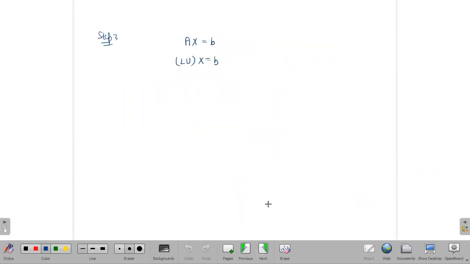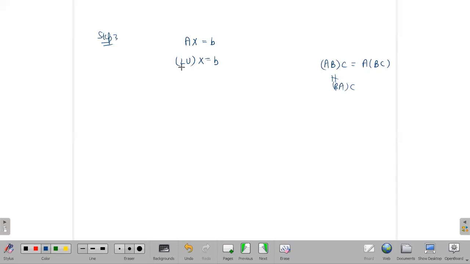Yes, ma'am. So LU into X is equal to B. Actually, we know that matrix multiplication is associative. It means you cannot change the order of it, but we can change its brackets. If you multiply AB first, then multiply it with C, and if you take A first, then BC, multiplying BC first and then multiplying these two, they will be equal. Here you cannot change the order, like BA into AC. That will not be equal.